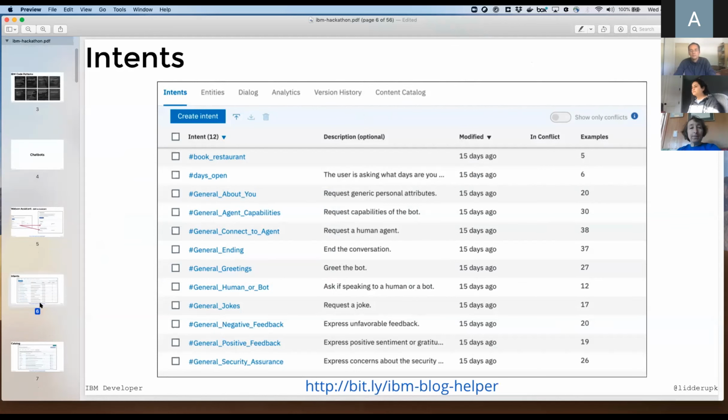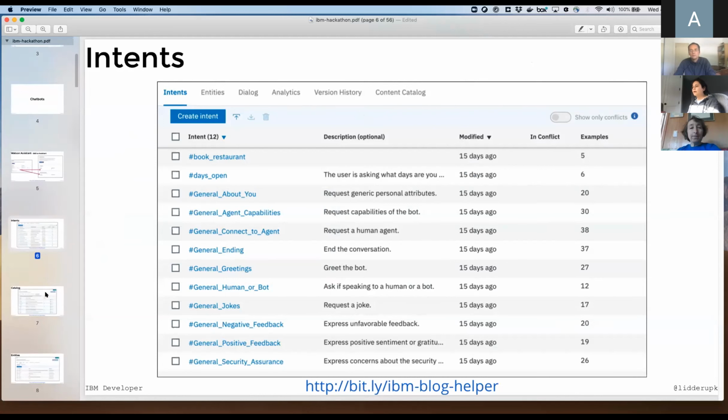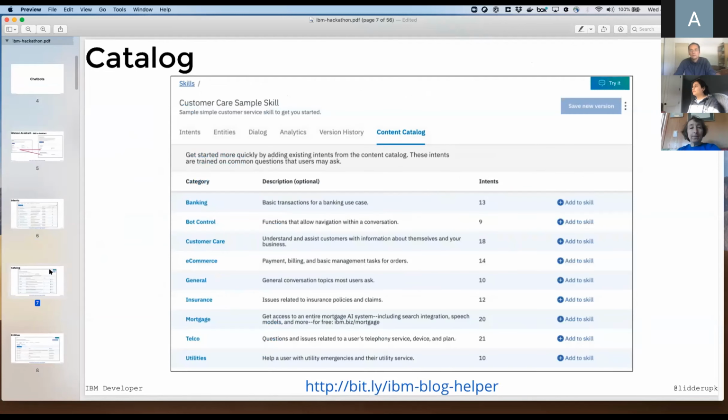Along with that, there's also a catalog, depending on what kind of business or use case you're trying to target. There's already a pre-created catalog of possible intents that you might want to use.